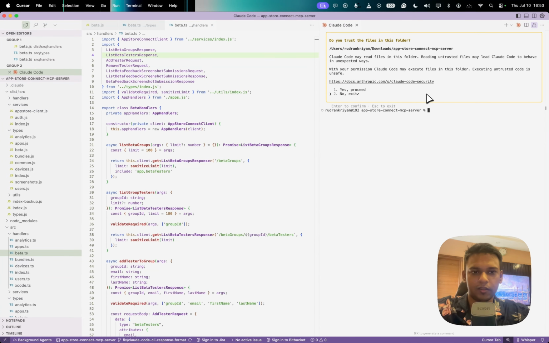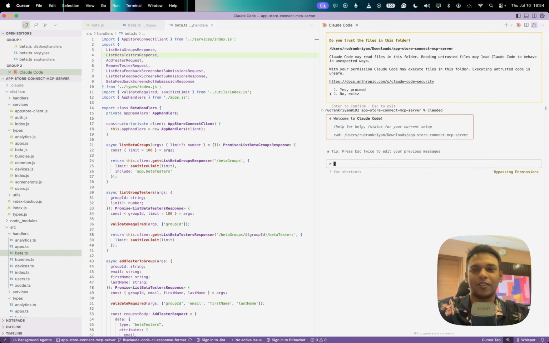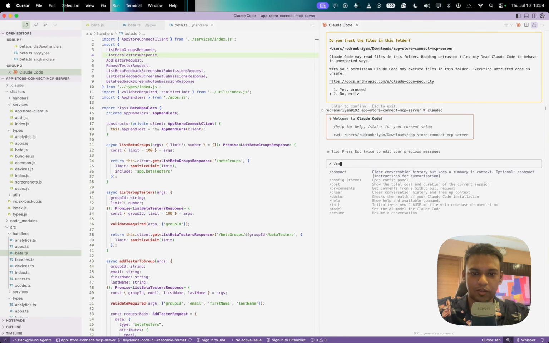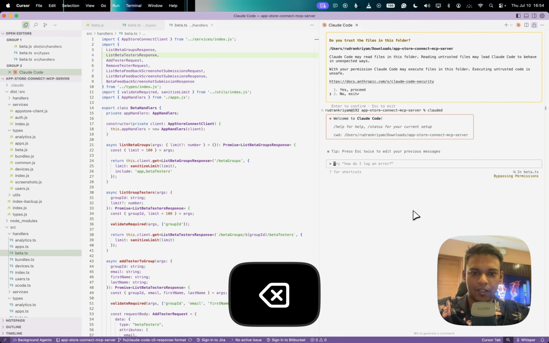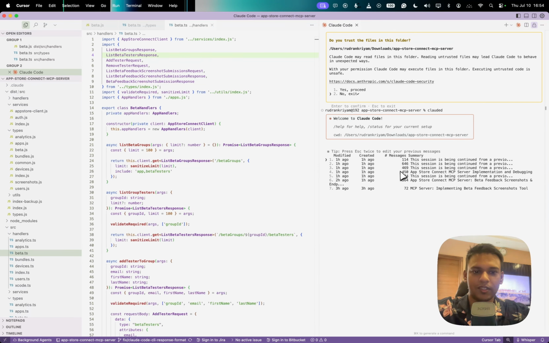What I usually do is use Clauded. It's an alias that adds the parameter of dangerously skip permissions, which is fun when you're working on something non-critical. So if I show you the conversation, what was it? Chat. Oops. When you're recording, you just resume a conversation. So I was having a conversation from 3 hours ago. Is it almost 2000 messages? I was constantly having a back and forth on how to implement